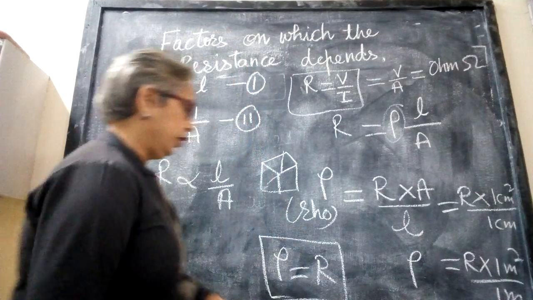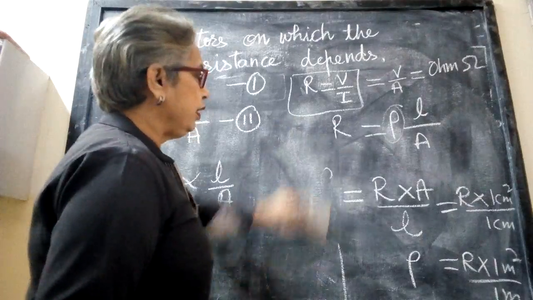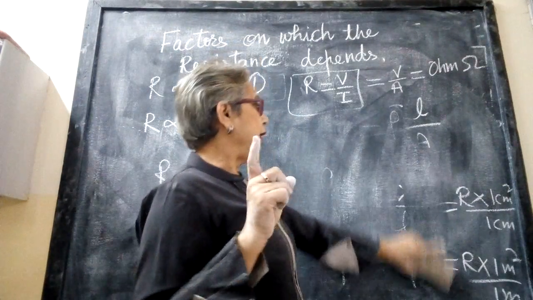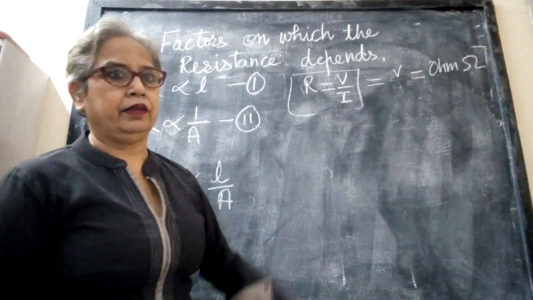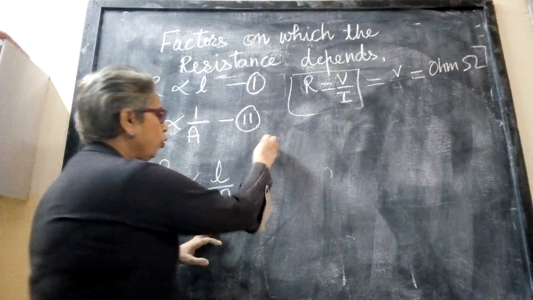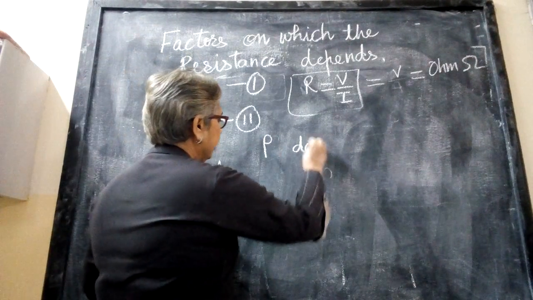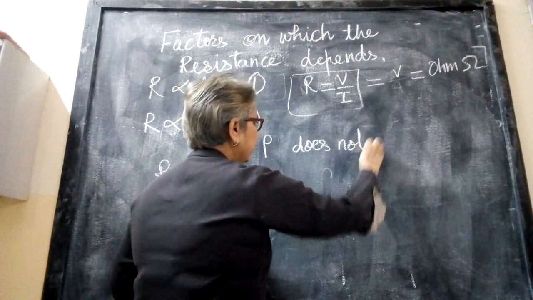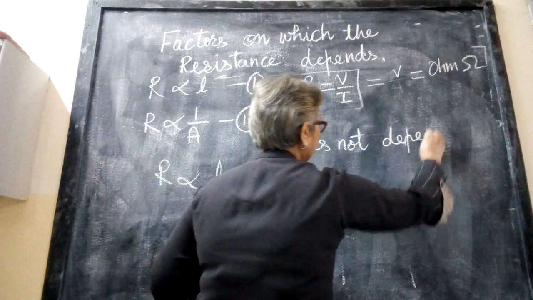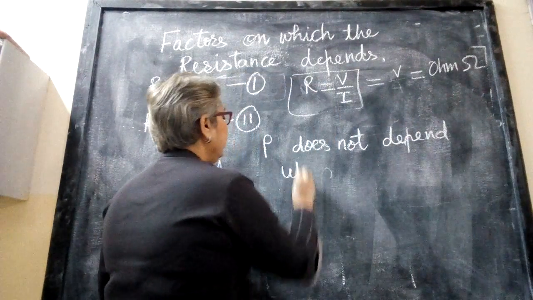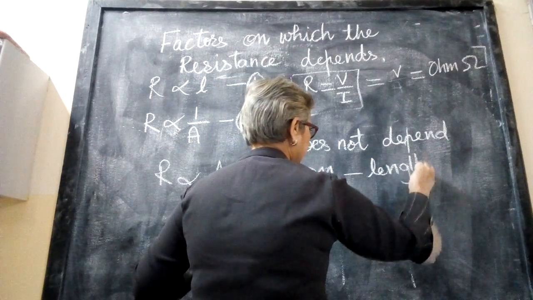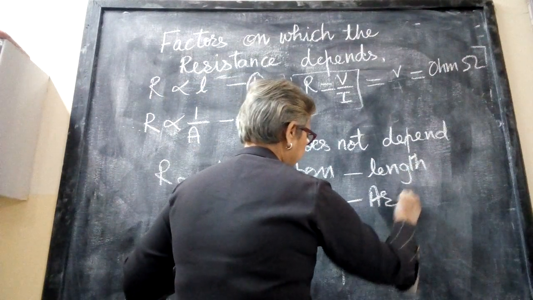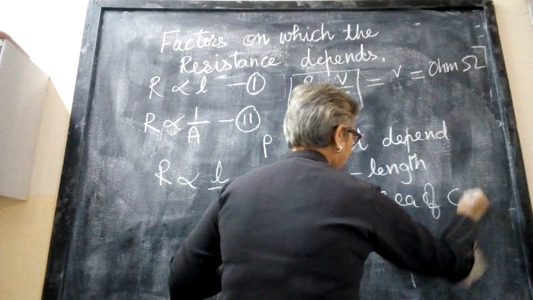Very, very important. Resistivity is independent of the area and length. Okay. Rho, resistivity, does not depend upon length and area of cross section,